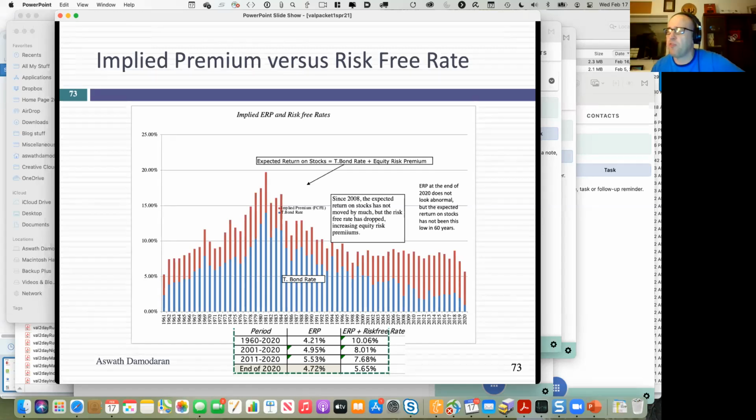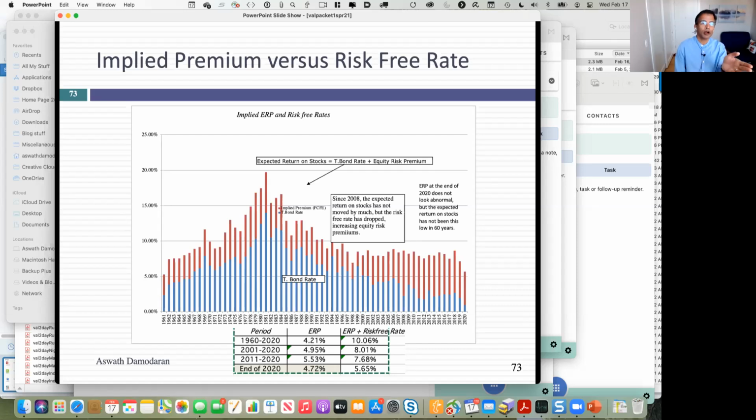Yes, sir. Professor, I was curious, could you use the implied equity risk premium to tie a contrarian asset allocation strategy to it? Yeah. In fact, you could compare implied risk premiums in different markets. In fact, that's what I'm going to talk about next, and you hold off because I will talk about asset allocation based on the price of risk in different markets.